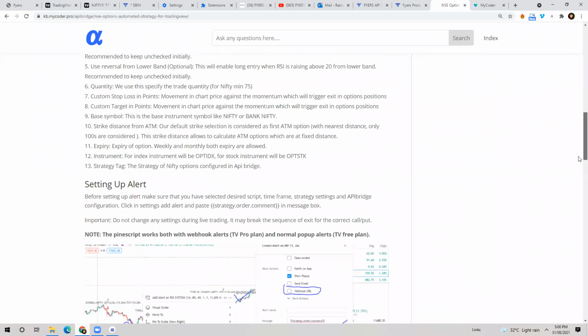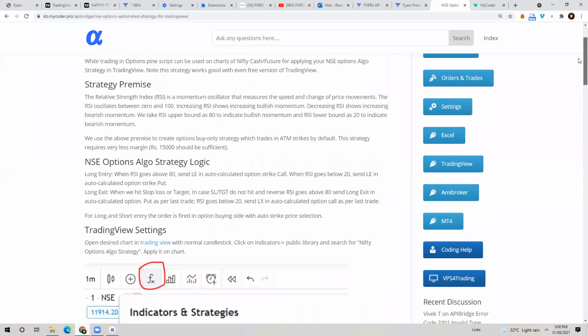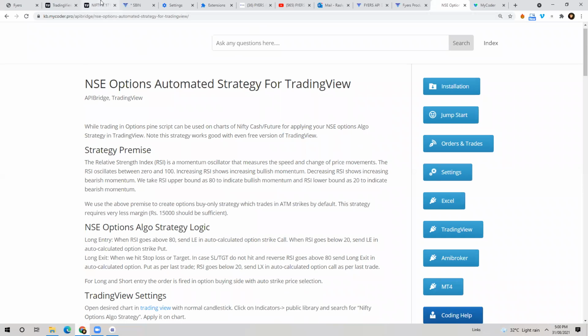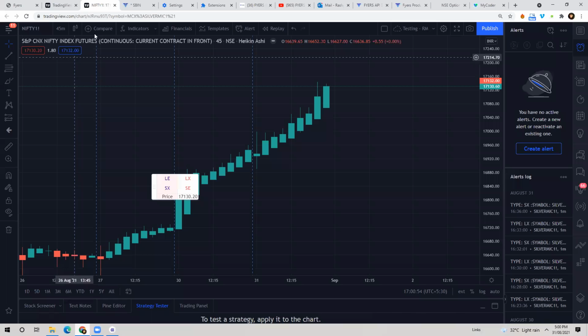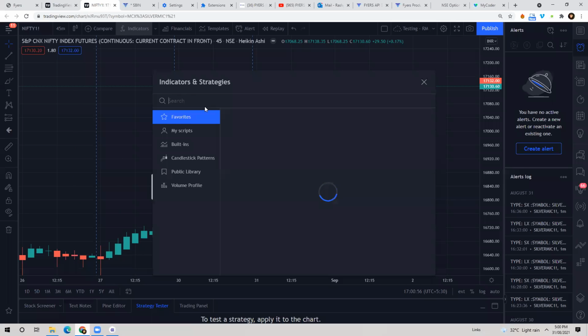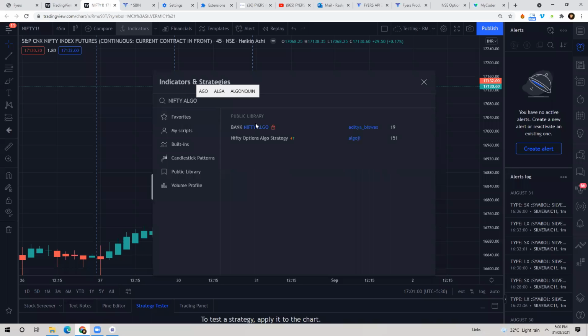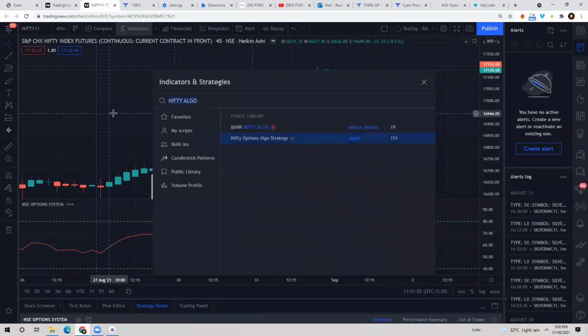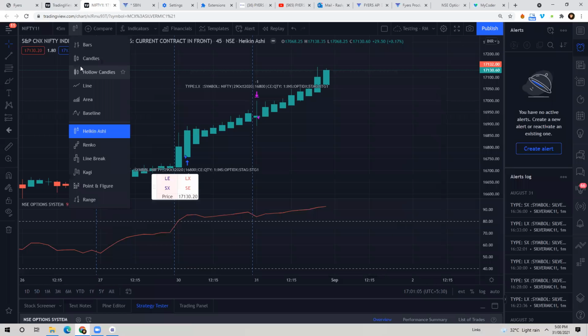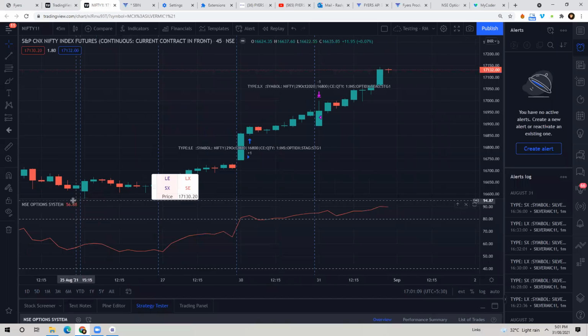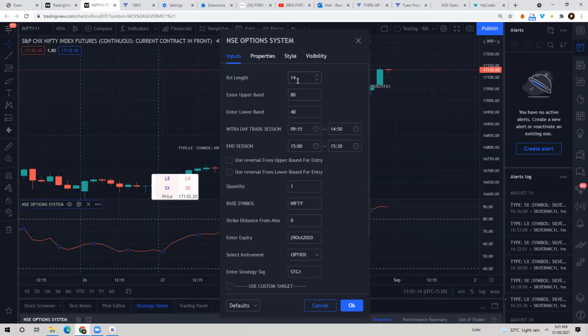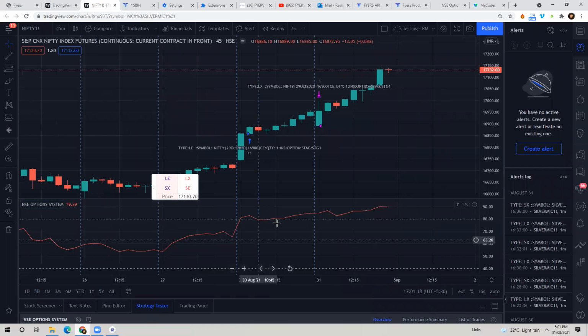So all you have to do is deploy it on the chart, and how the strategy will work, I'll just show you, just give me a minute. So this strategy we have uploaded in the indicators and strategies of TradingView, and you can see it is based on NSE options. If you optimize the parameters from here regarding RSI length, upper band, lower band,